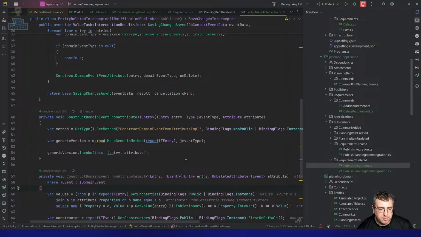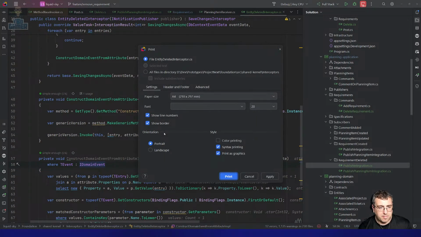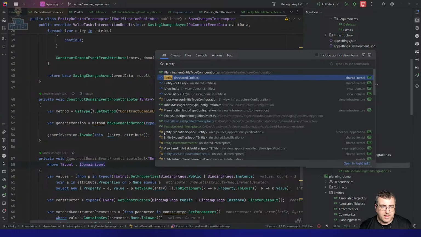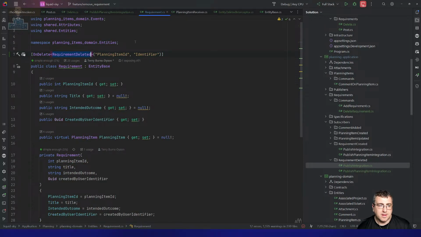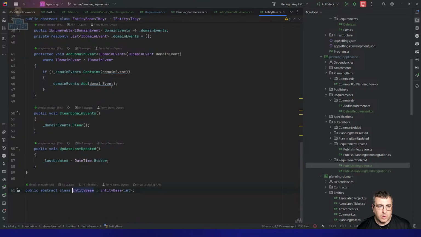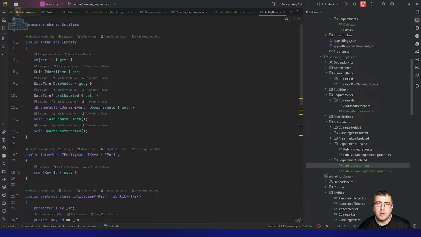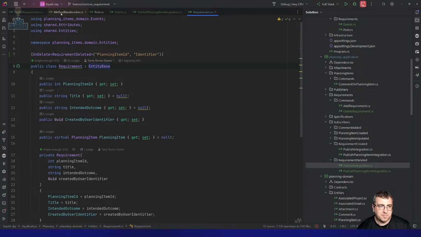The problem is this T entry is I entity. I entity has on it identifier. So we said we need the planning item ID and the identifier, assuming that we would get the requirement. We got its lowest form interface, because that's what we actually, if you look at the code,